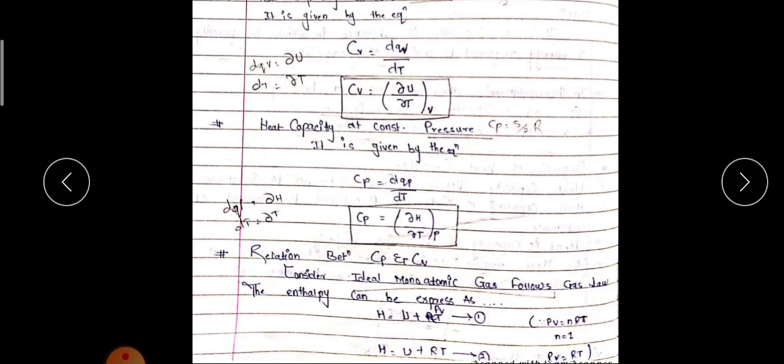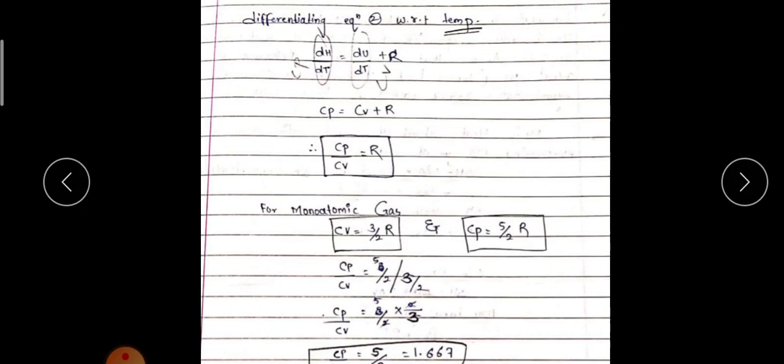Differentiating equation number 2 with respect to the temperature. This equation number 2, H is equal to U plus RT. When you differentiate, dH upon dT is equal to dU by dT plus R. dH by dT is nothing but Cp, dU by dT is nothing but Cv, plus R. Therefore, Cp by Cv